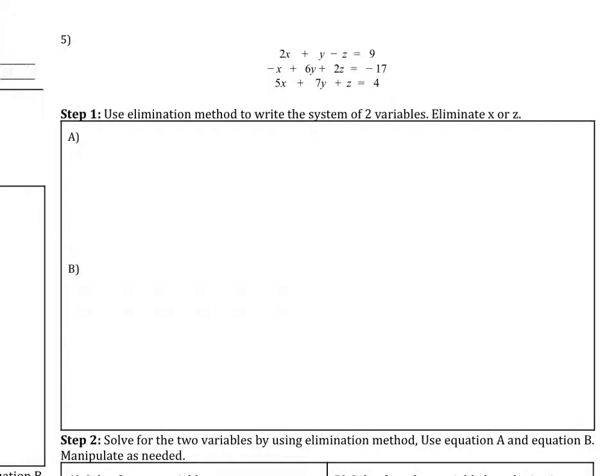This is homework 1.4C for Algebra 2. And let's take a look at solving the system. Here's number 5. So use the elimination method to write the system of two variables, and we want to eliminate